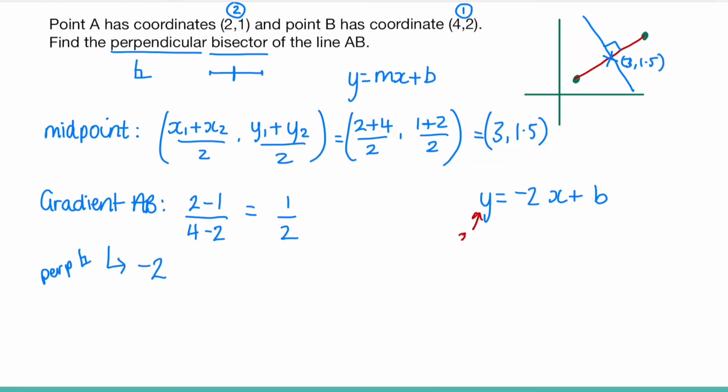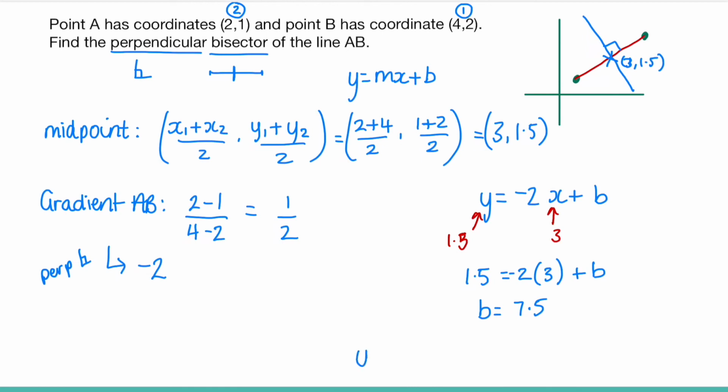So when y is 1.5, x is equal to 3. And I know that that satisfies the equation because it goes through it. So I can now use that to help me find b. So 1.5 is equal to -2 times 3 plus b. And I can rearrange that to find what b is equal to. If I rearrange it, I find that b is 7.5. So I've got 1.5 is equal to -6 plus b. So b is